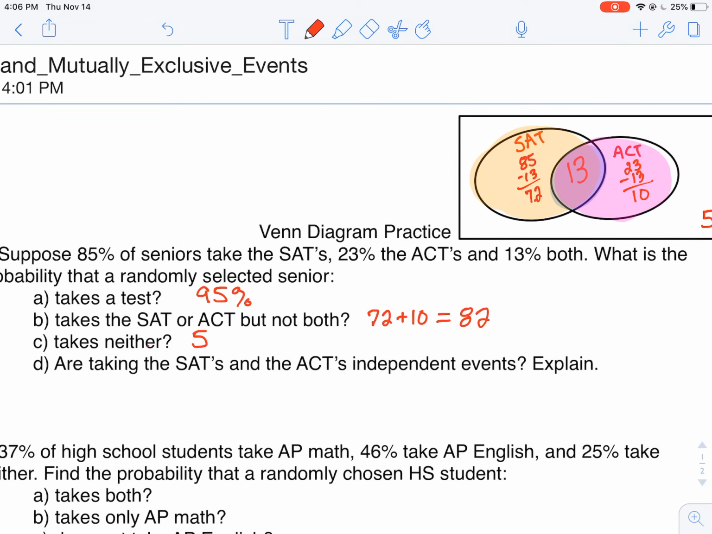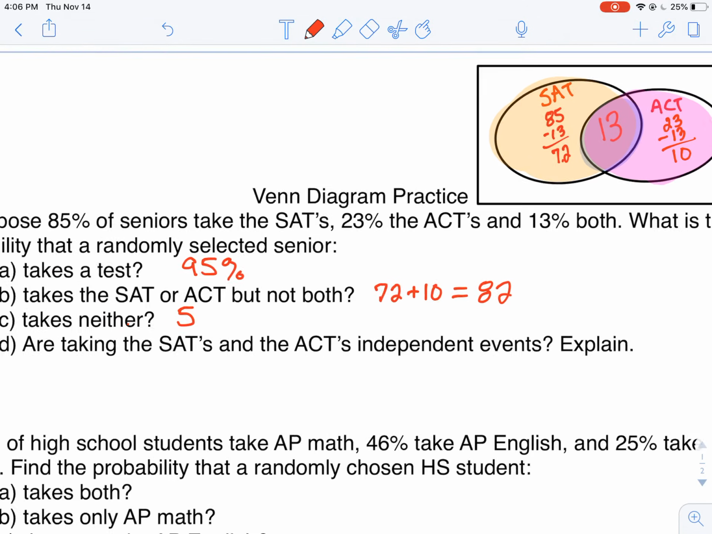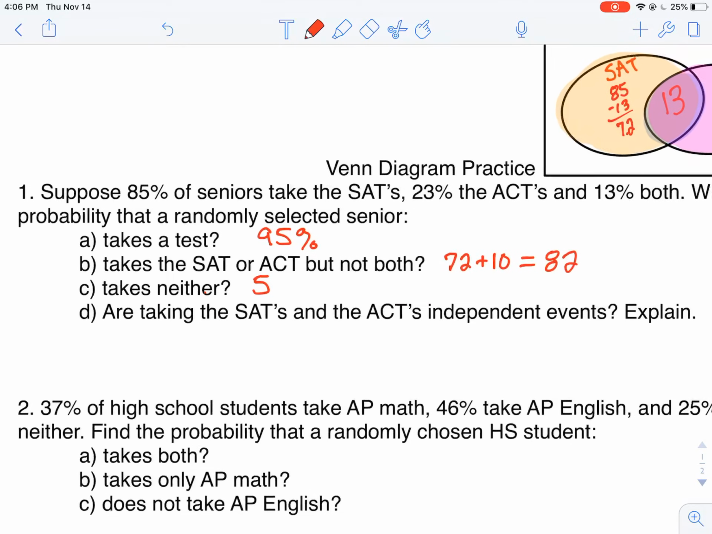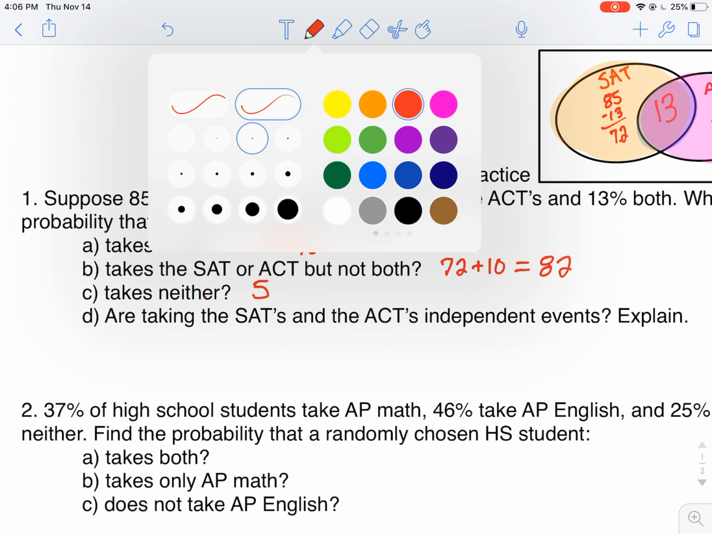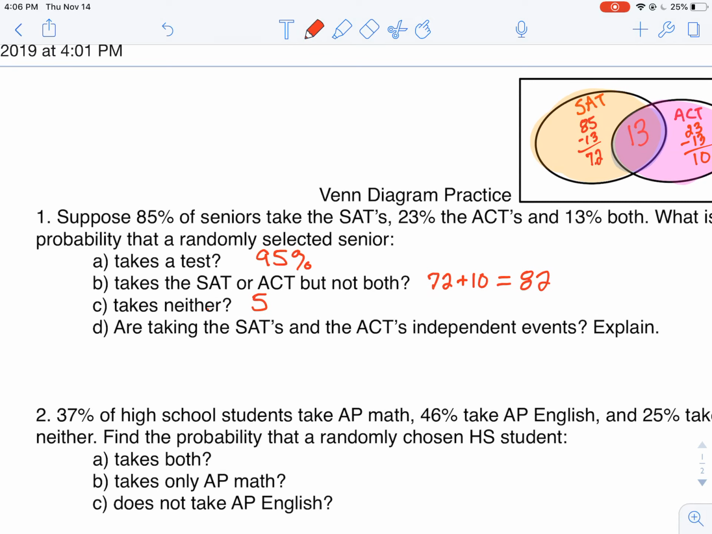Let's see. We can explain this. So let's start with those who took the SATs. We had 72, had 85% of seniors take the SATs. I'll start with the 85. I had 23 take the ACTs. Now, if they're independent, when I multiply these numbers, I should be getting that 13% in the middle. I'm just taking out a calculator so I can do this. I'm very confident that's not going to equal 13%, but nonetheless, I'm going to be safe here. Yep, of course, I get